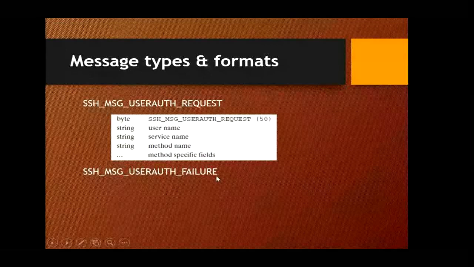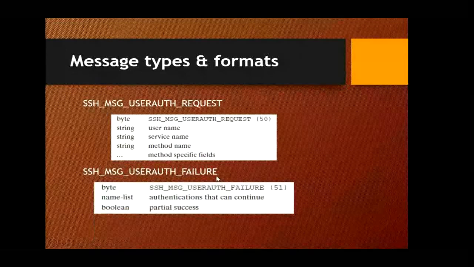So this message has the format with a byte, then you have a name list, then you have a Boolean value, or a Boolean value with the partial success. So basically this name list is the list of various methods that may be used to continue the dialogue.